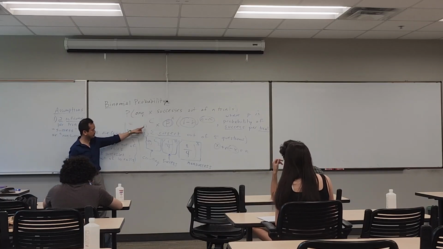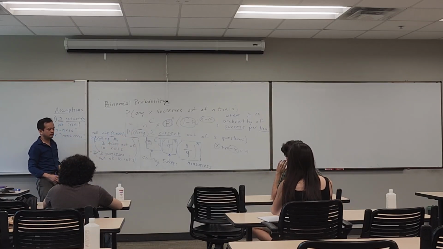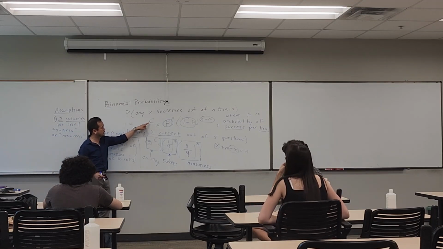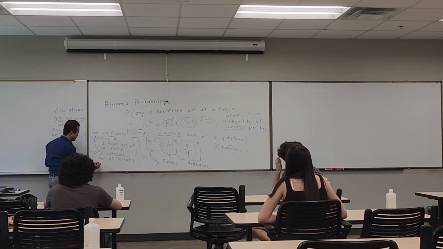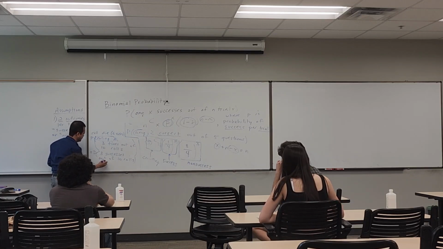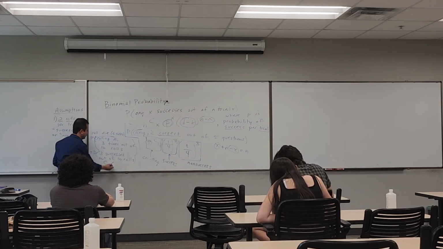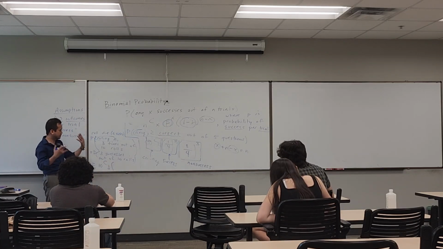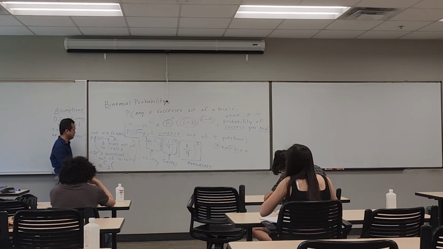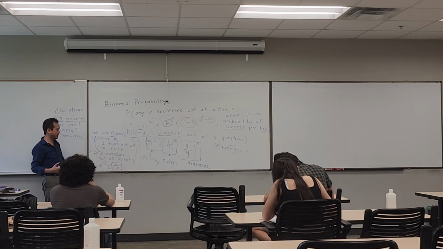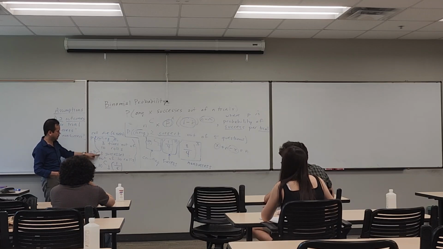So it would be n choose x, which is what in this case? Yeah, so this would be n choose x, which would be n choose 3, so 10 choose 3, times p to the x. What would p be in this case? Yeah, p would be the probability of a success, or the probability of rolling a 2. So that ends up being 1 out of 6 raised to the number of successes we want in this probability. So how many would that be? Yeah, that would be this 3